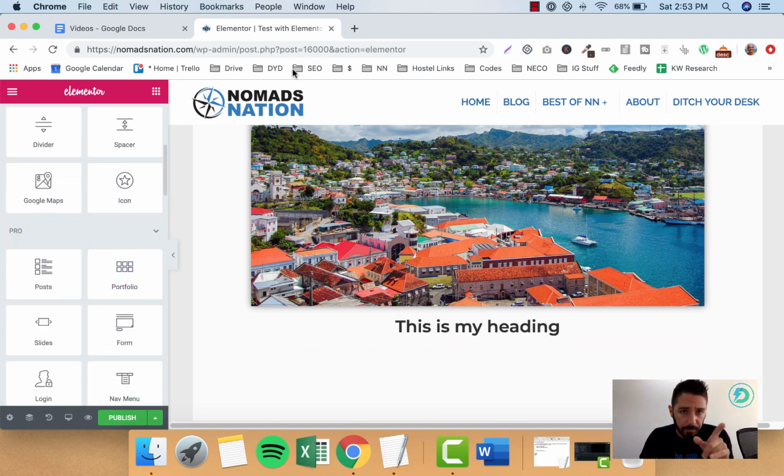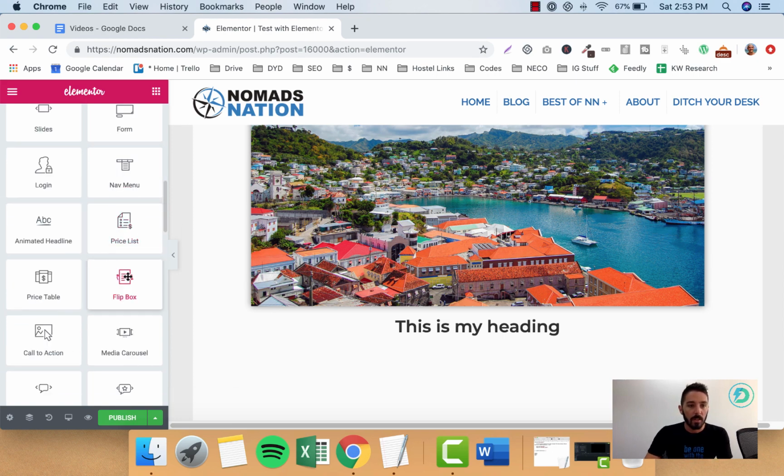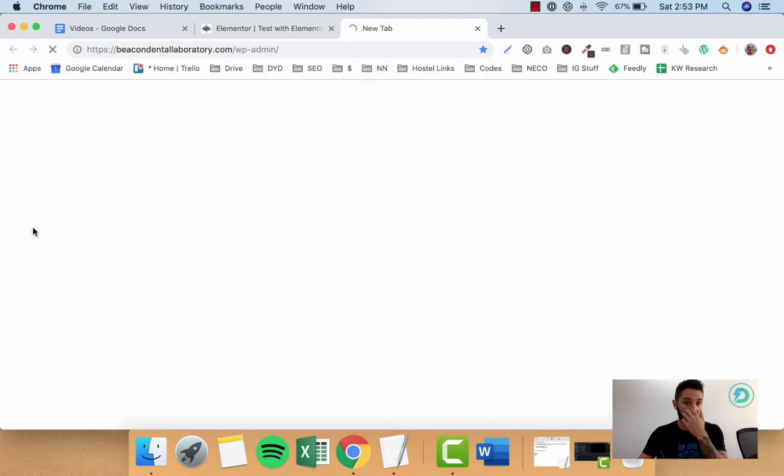Now here's the thing though, the free version and the paid version are going to be different. So what they do is, it's called a freemium business model. They'll give you basically access to half this stuff. So you'll be able to use the navigation menu, but the animated headline you won't be able to use. That'll be locked. But like I said, my friend who did Beacon Dental Laboratory,